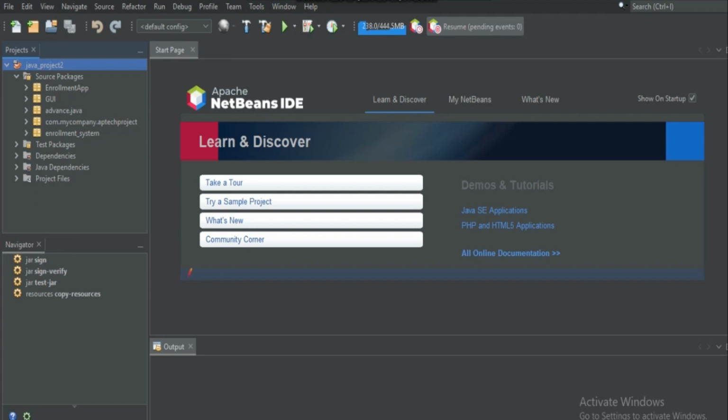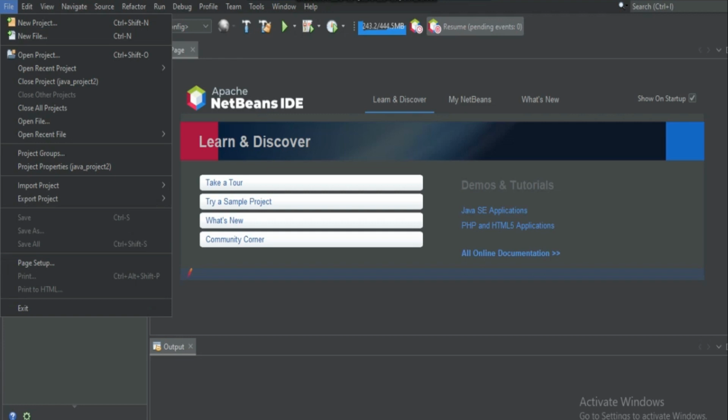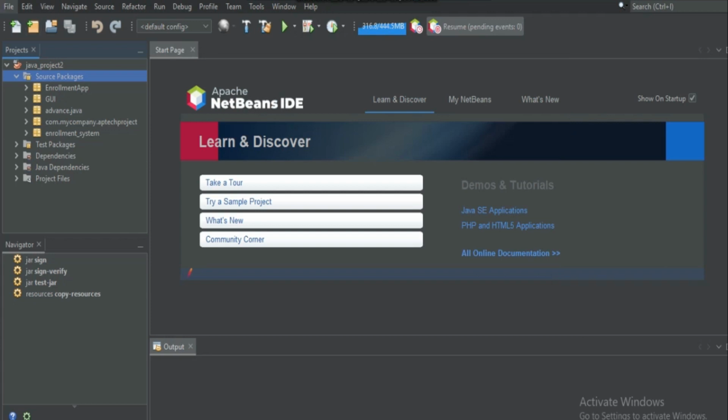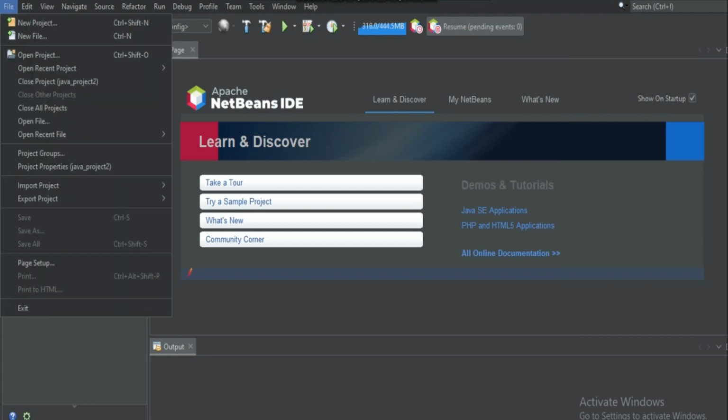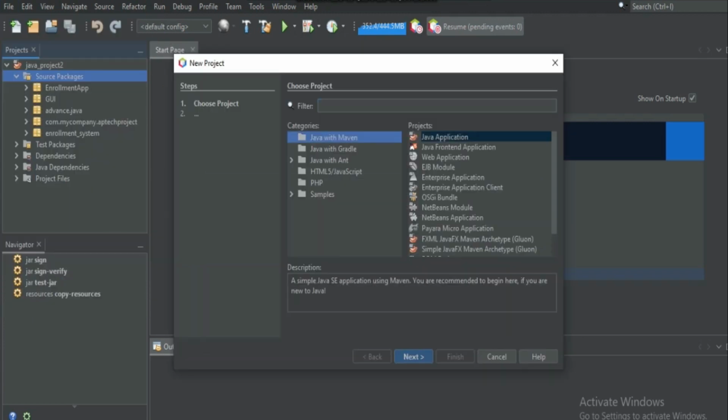So like you can see the projects here, you can see the packages. And for example, how do we create a package? What is a package? Or how do we create a project? Starting from the beginning, it is better to know that. So guys, if you want to create a new project, just come to this place, click on it, click on new project, and when you click on new project, you will see